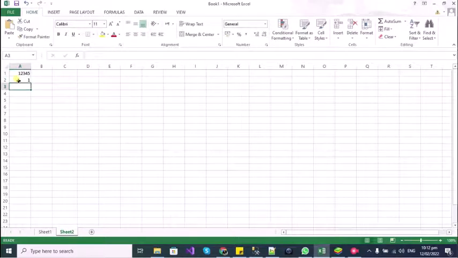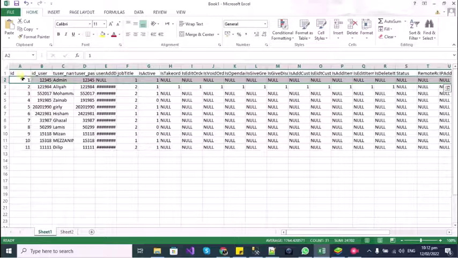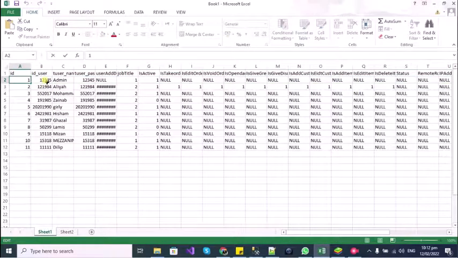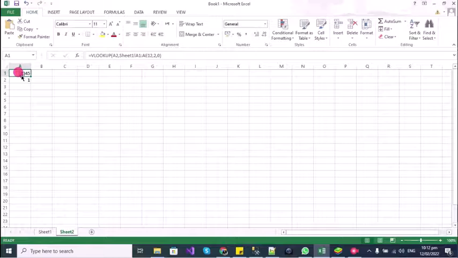And there is the input value, and against 1 you can see the value of user ID 12345. And now we'll be retrieving the username, admin, and so I will be copying the VLOOKUP formula,